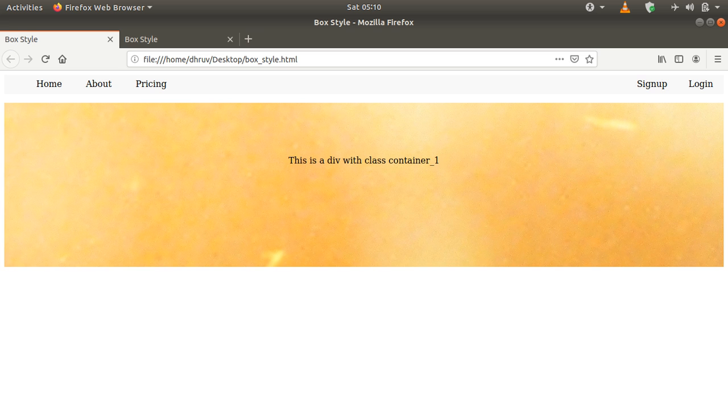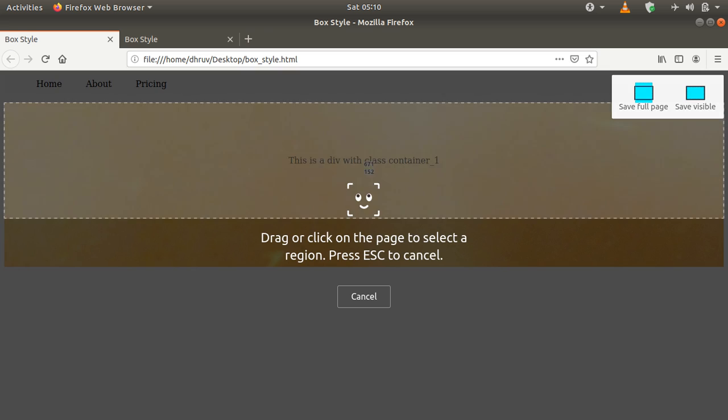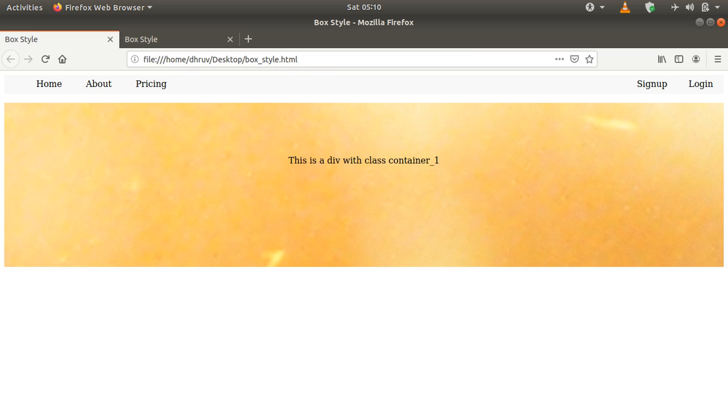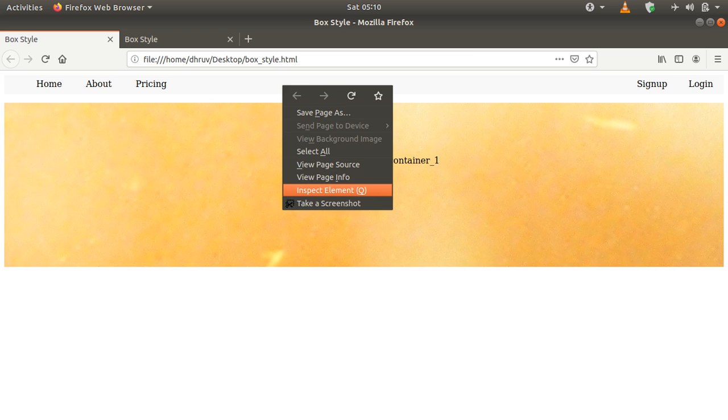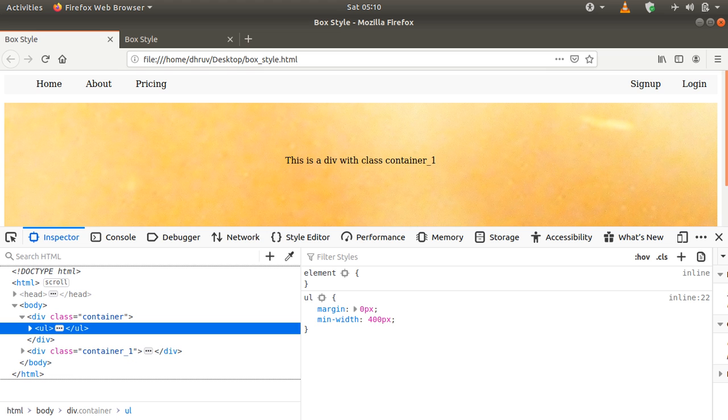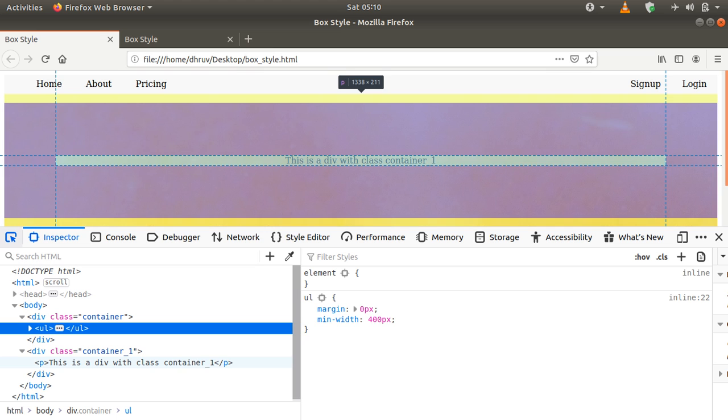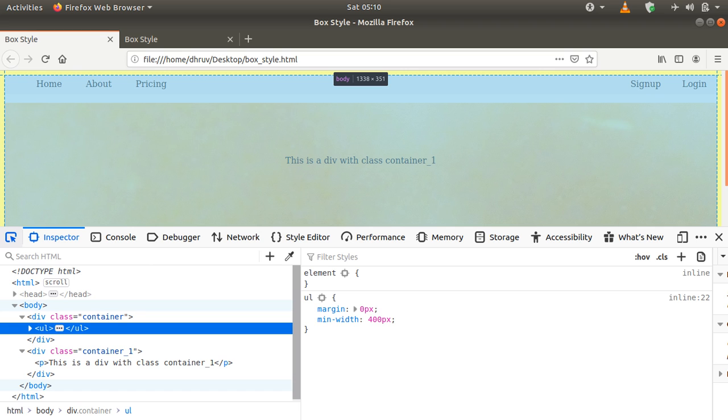If you right click on this given web page and go to inspect element, you can select any of the given elements. Then you can see it is contained within a box. In fact, the entire body, the entire HTML, is contained within a box. This helps us design our web page better. We can design the individual boxes, and as a whole we are going to get a fully designed web page.